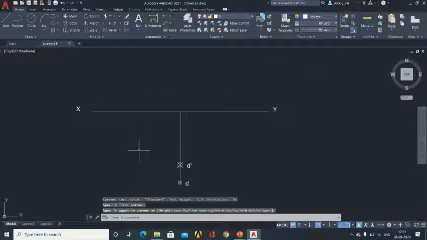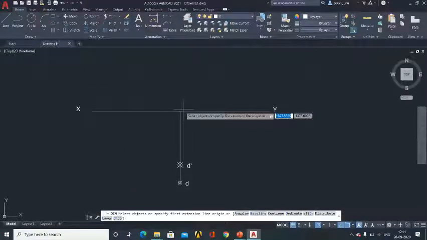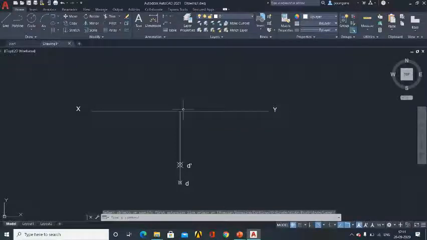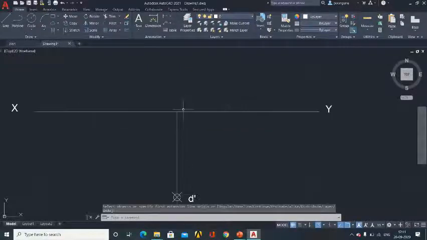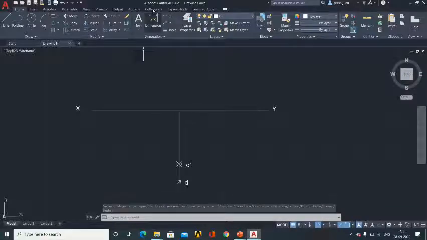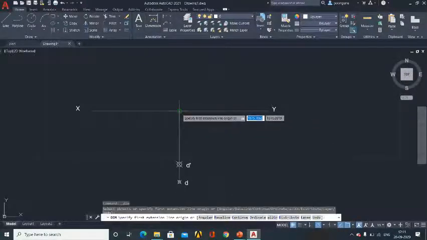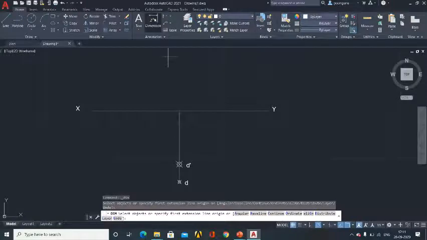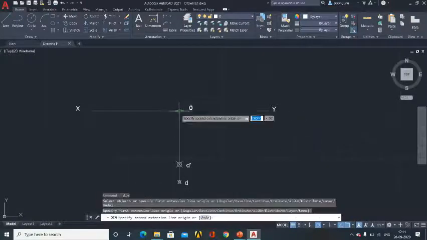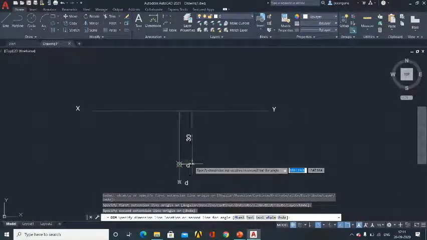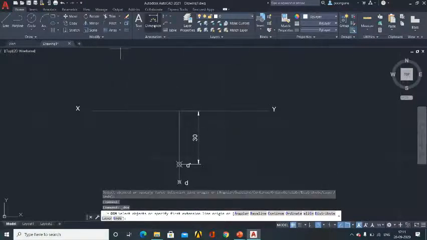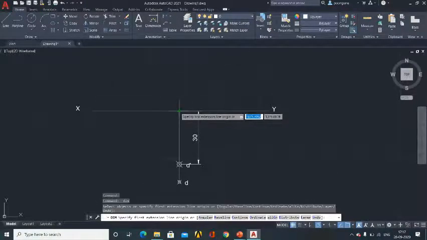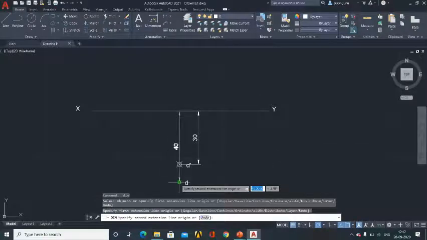So now the final step is to do the dimensioning. So you can scroll your mouse to zoom in and zoom out. Make the necessary zoom whichever is convenient to you. So click on the dimension, select the starting point, select the end point. So this will be my 30 mm, and once again dimension, select the starting point, the end point.